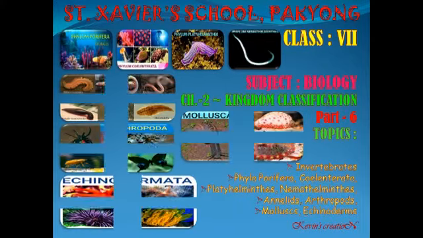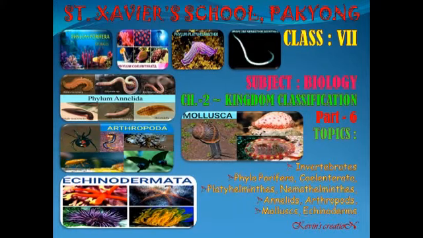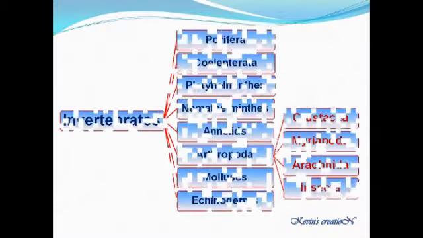Today in kingdom classification we'll be doing the 6th part, and this is the final part of this chapter. Already we have studied about the vertebrates and their types. In this video we'll be learning about the invertebrates, and we'll be learning about all the phyla, that is Porifera, Coelenterata, Platyhelminthes, Nemathelminthes, Annelids, Arthropods and its types, mollusks and Echinoderm.